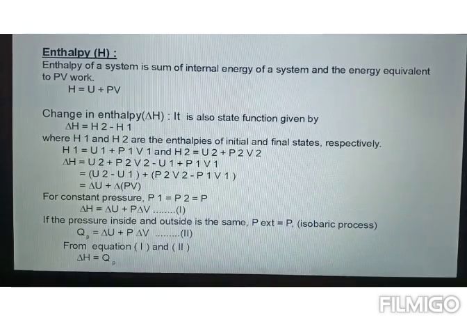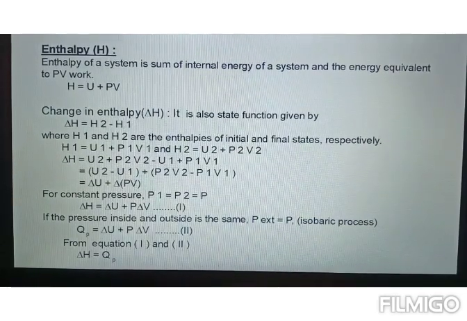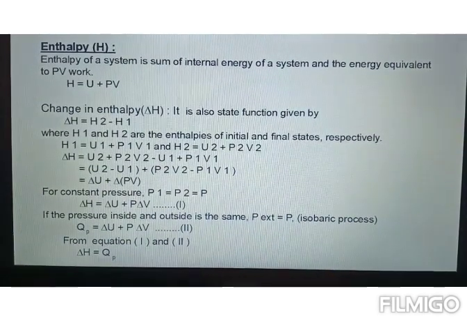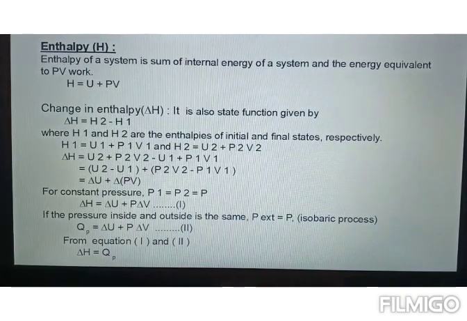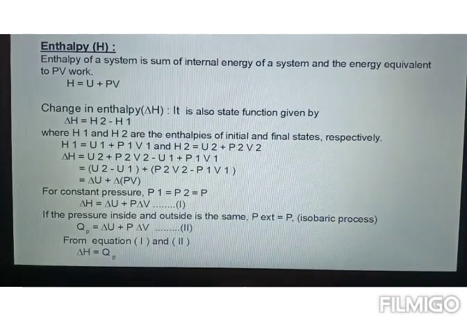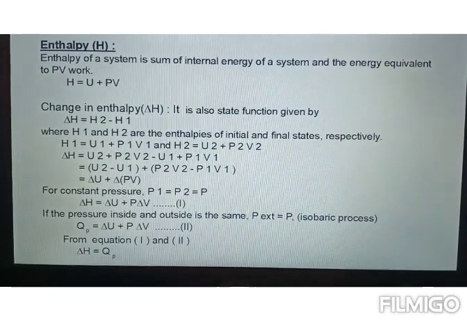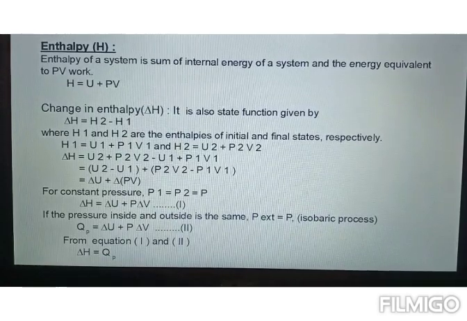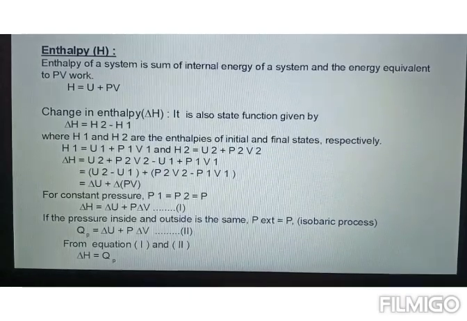Now in isobaric process, when we apply the first law of thermodynamics, the expression we have is QP is equal to delta U plus P delta V. This is for an isobaric process in the first law of thermodynamics. And for change in enthalpy, we have delta H is equal to delta U plus P delta V. So just compare these two, equation 1 and 2. What we can write is, see, both the right hand side RHS is same, so we can say delta H is equal to QP, that is heat at constant pressure.